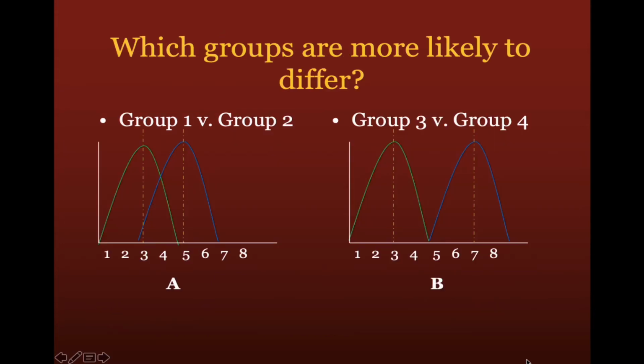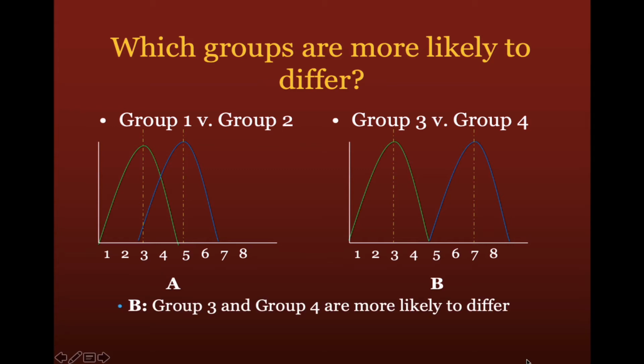All right, so let's do some exercises to make sure you get this concept. What I want you to do is look at groups 1 and 2, and then groups 3 and 4, and tell me which groups are more likely to be different, 1 or 2, or 3 or 4. So it's more likely that